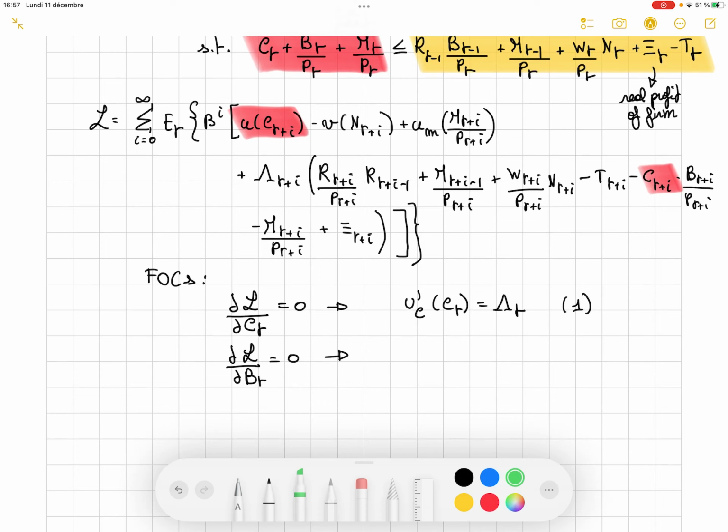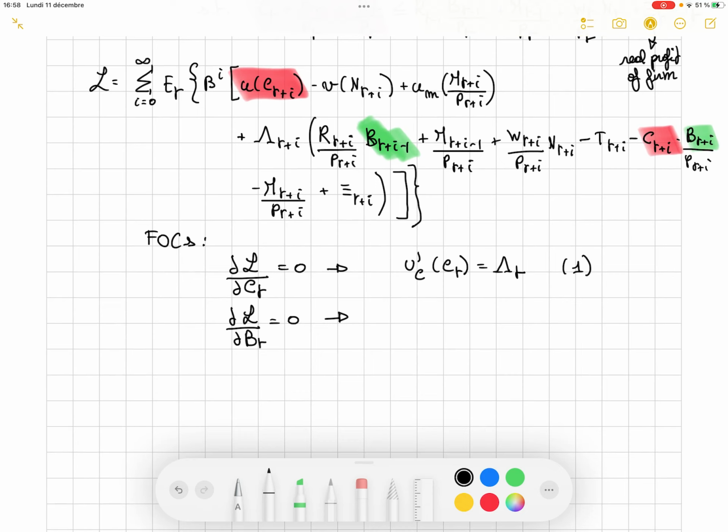So where are bonds entering the function? Well, you have them mostly in the constraints, so they enter here, typically, and they also enter... Sorry, I noticed that I made a small mistake. Here it's of course B, it's not R. Sorry for that. But so it is basically entering here and here, right? So we can directly compute the derivative of this part. So we'll have basically beta.